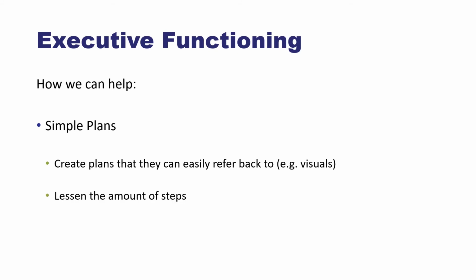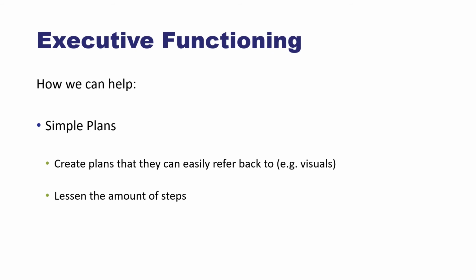You want to make sure that you just have the required amount of steps in a plan that you're coming up with your child. So you want to lessen the amount of steps. The fewer steps a plan has, the more likely it will be that it'll be successful and carried out. The more steps you have in a plan, the less likely it will be that it will be carried out successfully, right? So you want to make sure that you're ensuring some kind of success with your child, and also build up their confidence. So you want to lessen the steps and make it as simple as possible.